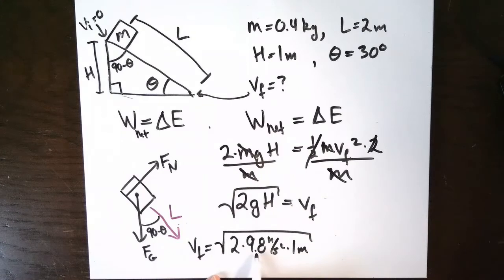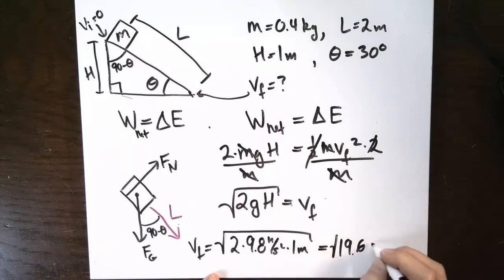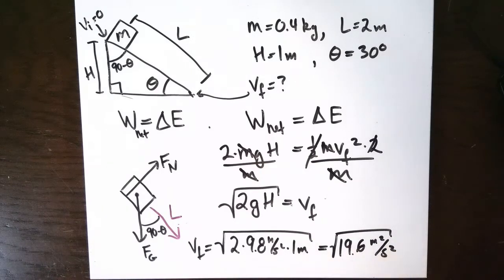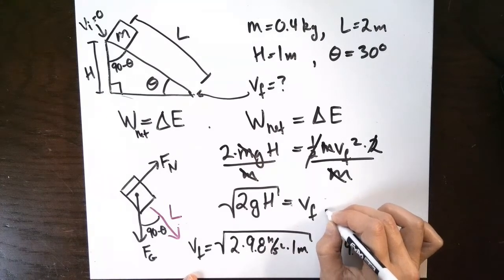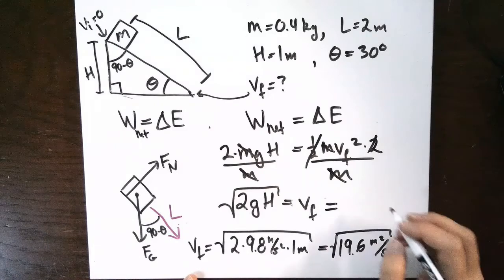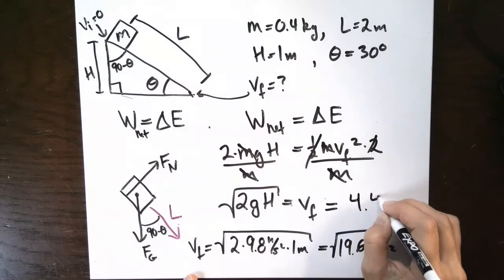2 times 9.8, that's 19.6. Units: meters over second squared times meters, that'll be meters squared over second squared. And we will get about, let's see, look at my calculator. We will get a final speed, I'm going to write it up here because I'm just out of room, of